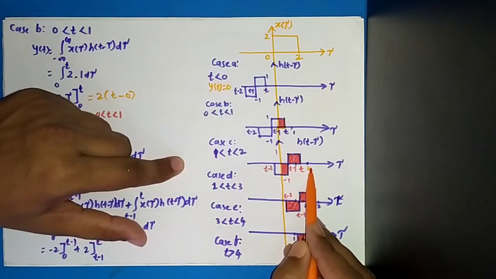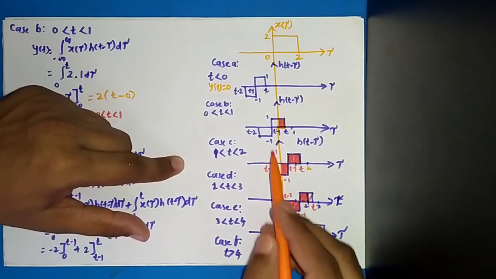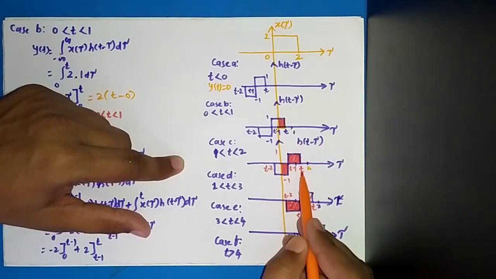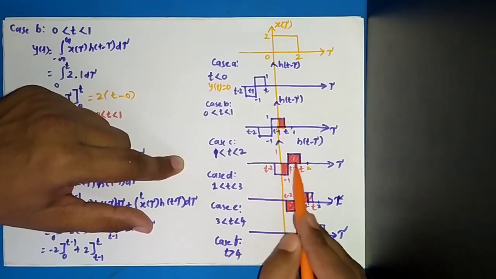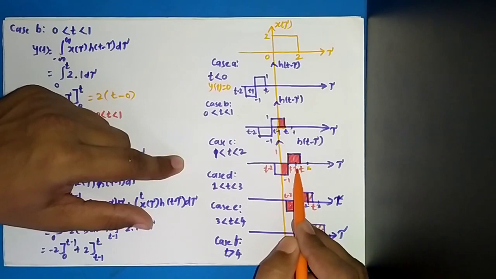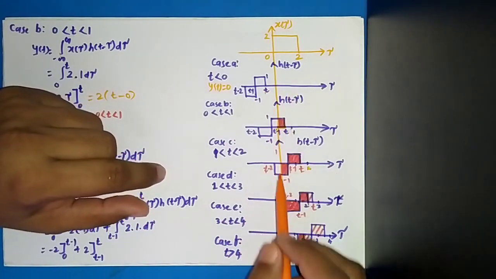This is 2, okay, this is 1. So always remember the intervals of h of t minus tau. This is t minus 1 and t minus 2. Always it will be like that only, it is shifting, okay. So it is 2 and in between them there is a t. Now if you look into the overlapping regions for this, you can see